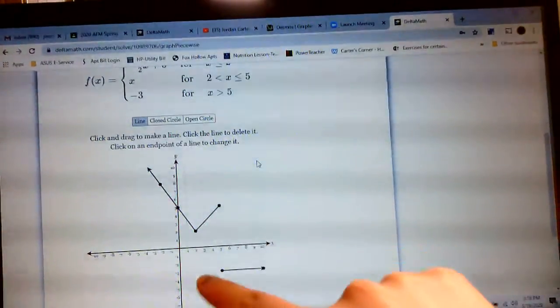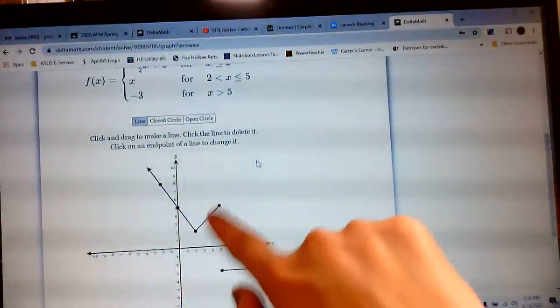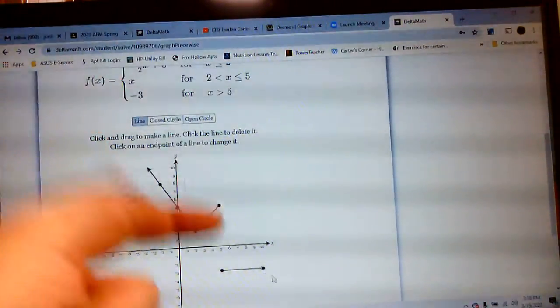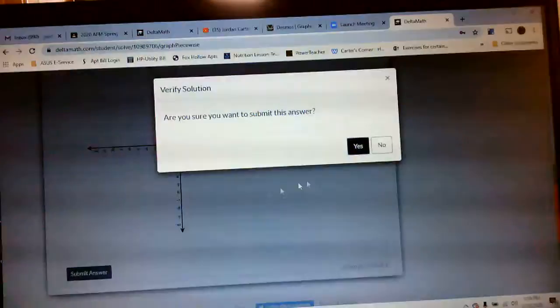Put a dot in the middle of that by clicking on closed circle. Then you can erase your line and connect those two dots. And anytime your line continues on off the graph, you need to make sure that it has an arrow. So when you come down here and hit submit,